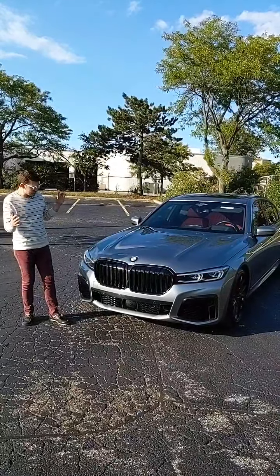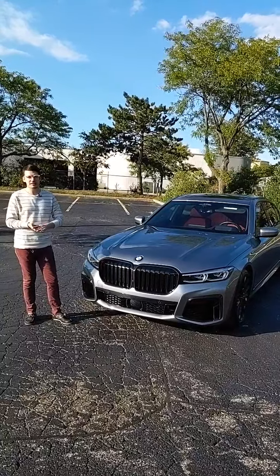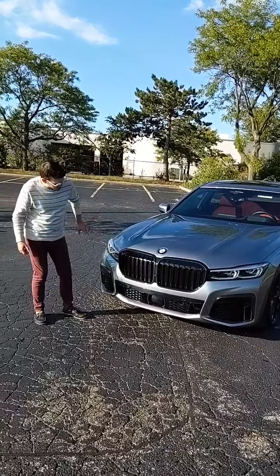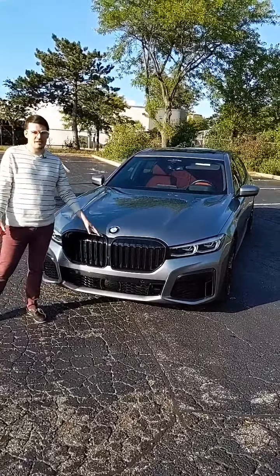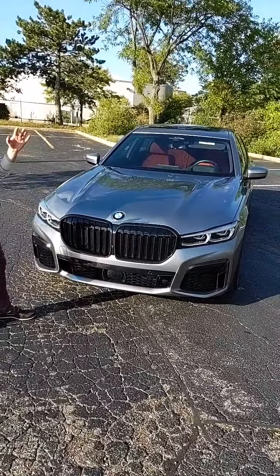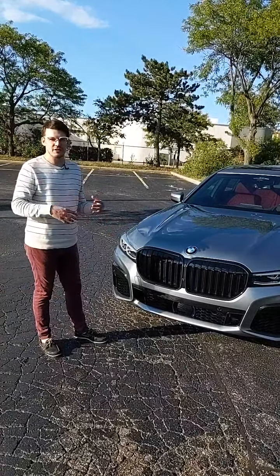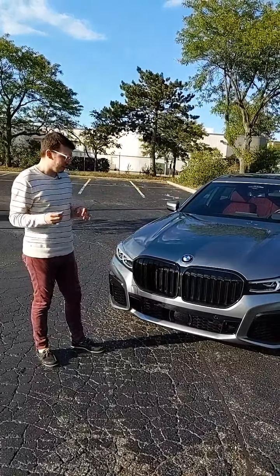So starting with the front end of the car, now the current 7 Series has been around since I believe 2018, and it received a refresh in 2020 that continues on for this 2022 car. The biggest changes were to the front end of the car, and as we can see, we have these very, very large dominating grills in the front fascia of the car. Now this is sort of the BMW signature dual rondelle kidney setup, and they actually have an active component where it will open and close the grills based on the engine's cooling needs. So that's really cool. It's not something you have to actively do, but it'll do it by itself based on